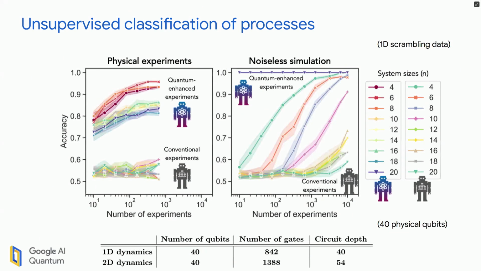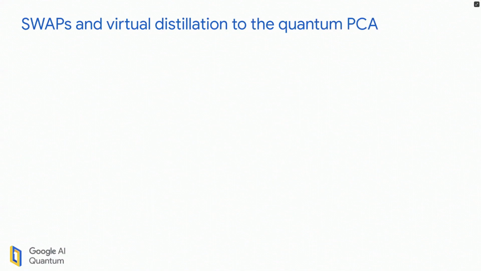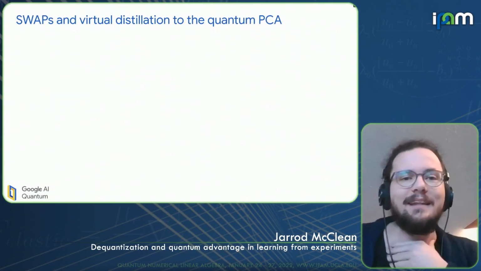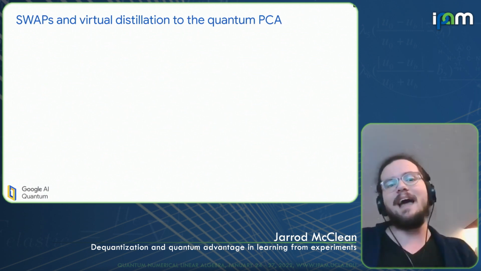And this is just sort of a more quantitative quantification of the difference between the two processes, but I'm going to skip past that in the interest of time. So the final comments and connections I wanted to make is related to one last proof we have in the paper,